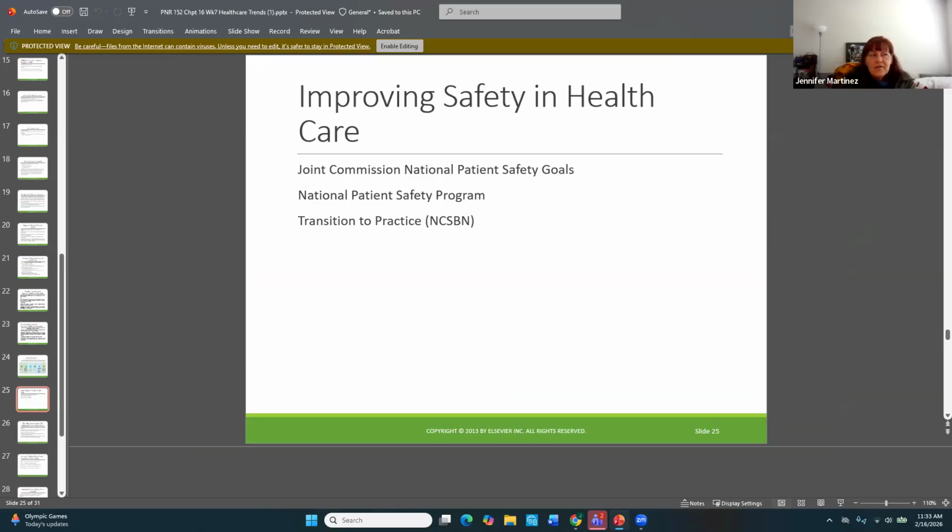One of the big ones is always going to be medication safety, right? So using two client identifiers, give me an example of two client identifiers. Asking for their name and date of birth, comparing it to their wristband. There you go. Hospital systems are great. They have the nice little scanners, right? You scan their armband, scan the medication, and it automatically goes into the EMR.